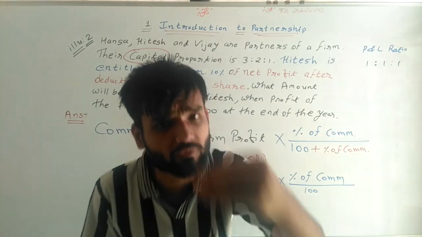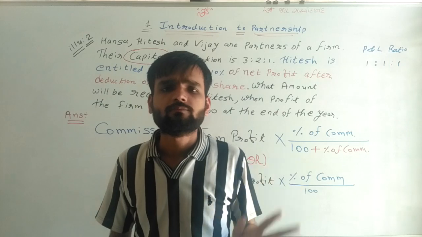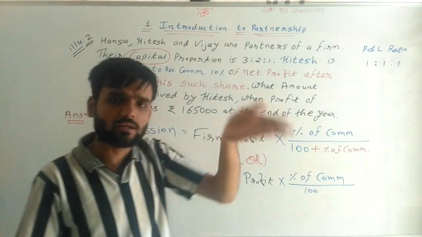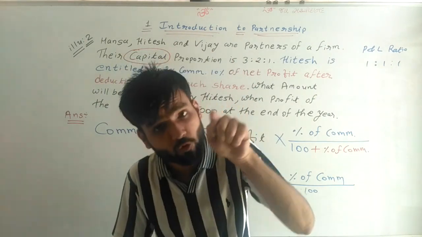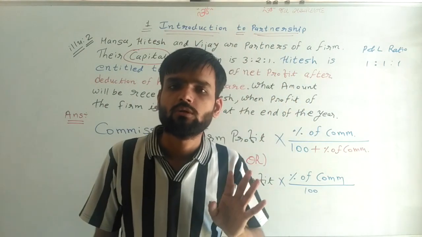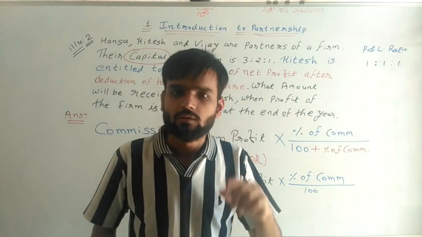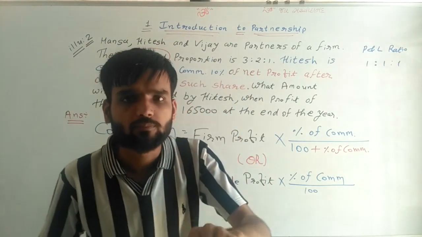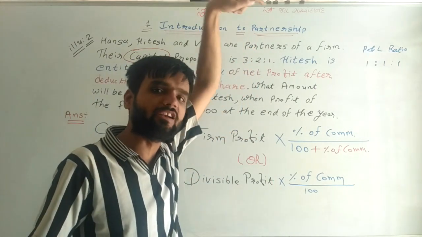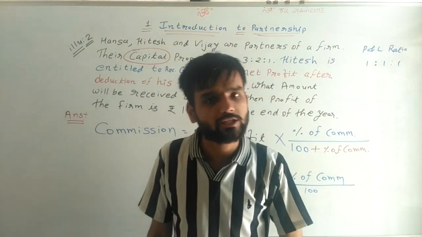Sometimes there is information given that capital proportion is the profit and loss proportion. Then at that time you can take capital proportion as the profit and loss proportion because there is information given. Take profit and loss proportion as capital proportion, or capital proportion and profit and loss proportion are equal. Then you can take capital proportion as the P&L proportion. Here information is not given, so apply the 1932 rule. So under the 1932 Act, equal proportion is there.